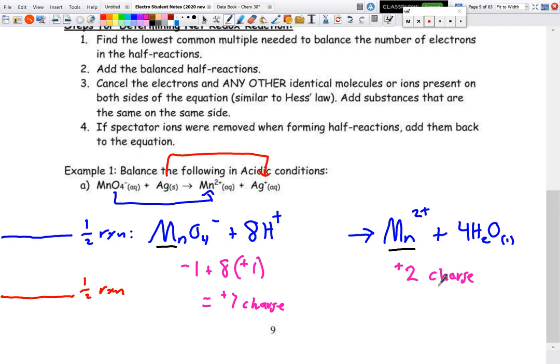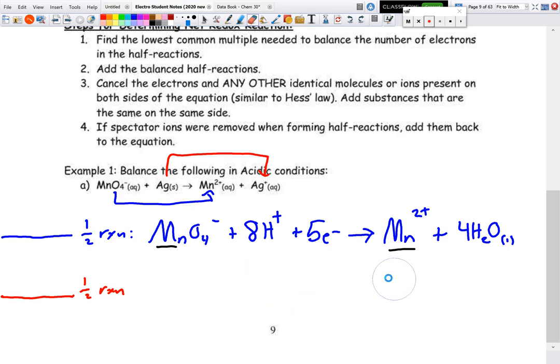on my product side. Now of course I can only add electrons, so in order to bring my reactant side down to match the charges right here, I need to add 5 electrons, right? Because +7 plus a -5 will give me a +2, and that's how both those sides can equal out. Now, just kind of filling in what we just created here, we have our 5 electrons on our reactant side, so this is obviously my reduction half reaction, which hopefully my silver is going to be my oxidation